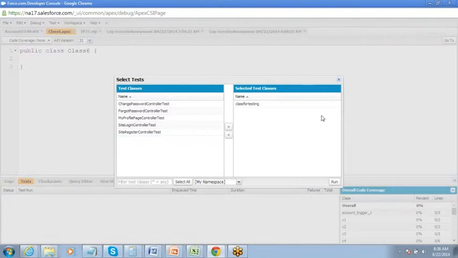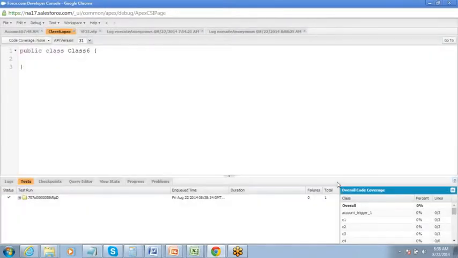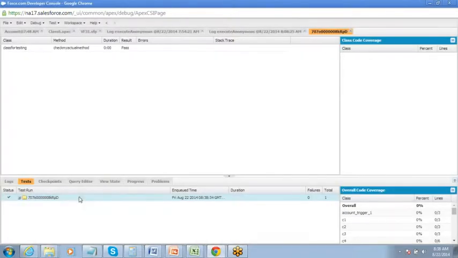Select it, put it in this side and say run. Okay. So this is the test which we executed. You can double click and open this. Okay, result, it got passed.